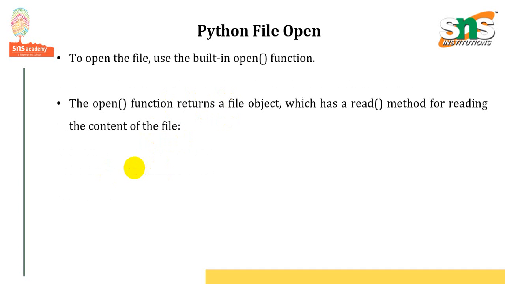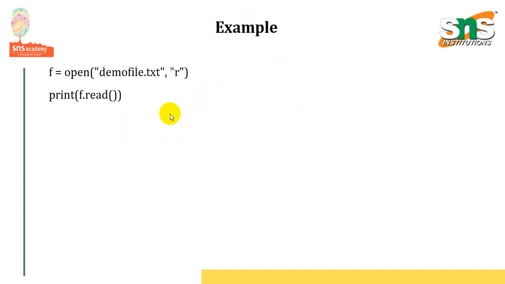So here, open is a built-in function which is used in Python. We are clearly saying that the open function returns a file object which has a read method for reading the content of a file. So it is already a file object. This has a method called read, which is used to read the content of the file. So we can clearly say that it is a built-in function,